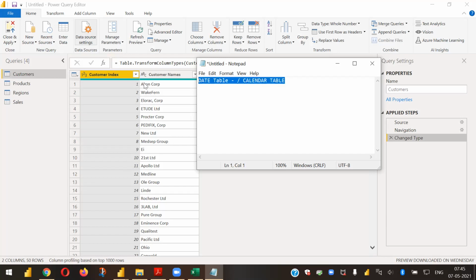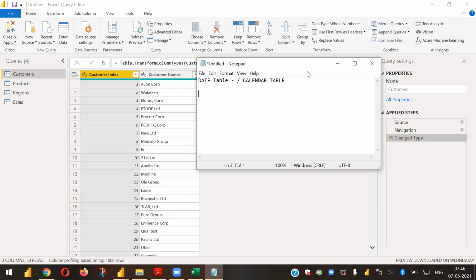So keeping this table in our model is very much important if you have some requirements, like adding some date-related information. I always suggest going with a date table. You definitely have to have a date table in your model, so that many times we slice and dice our data using time fields, date-time fields, in the sense of year, month, quarter, week, right? That's where it adds more value to our visuals when you do that.